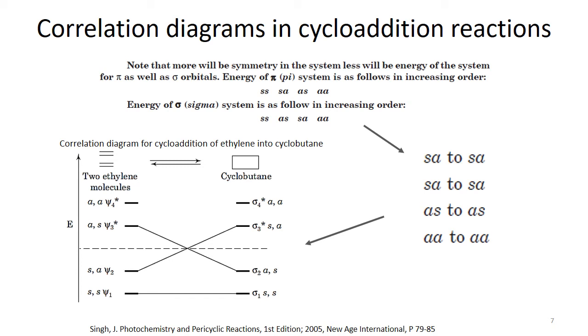So in this case, when we arrange these orbitals from one side to the other, that is, from the two ethylene molecules to the cyclobutane molecule, and correlate them, then from the suprafacial interaction we can correlate psi 1 with sigma 1. But when we talk about the antarafacial interaction, we start from sigma 2 and end up in sigma 3 star, or we start from sigma 3 star and end up in sigma 2, because the orbital symmetries have to be maintained.